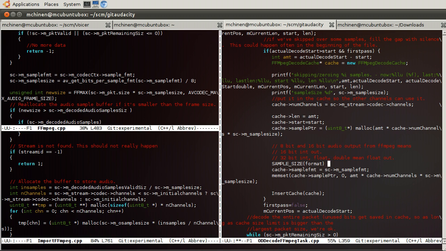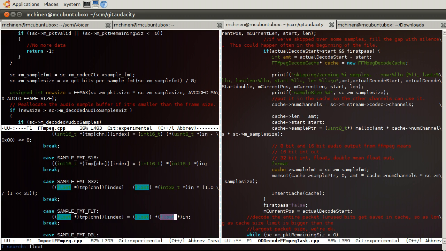We could just do sample size greater than 2 means float, but yeah, we don't know for sure. I mean, it'll be much better just to write some whatchamacallit. This format will either be float or not float.